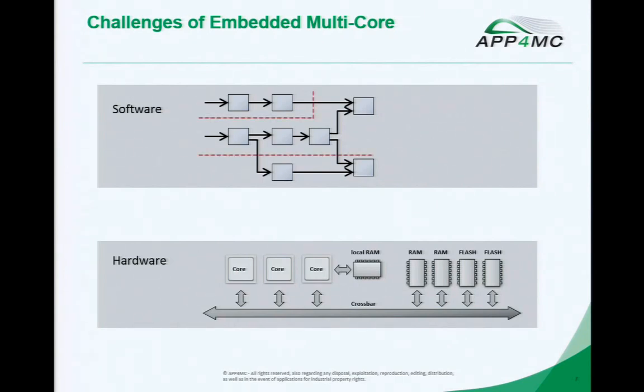And the first thing we now have to do is we have to decide how can we split up this software so that it can run in parallel. This is in the first step independent of the hardware, but in the second step we have to do a mapping. So where do we want to have these different parts of the software now in the hardware level? So for example, if there is one task that requires a lot of data, perhaps this core is a good choice because there's a local RAM that can be accessed much faster than the other one, only as an example.